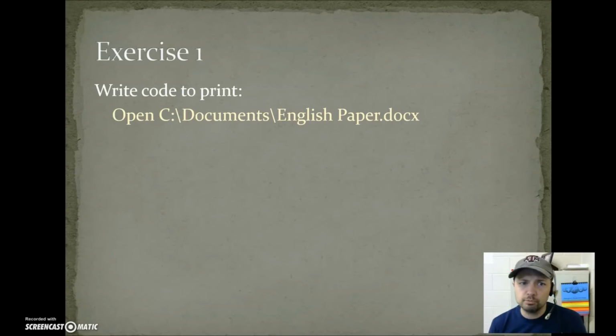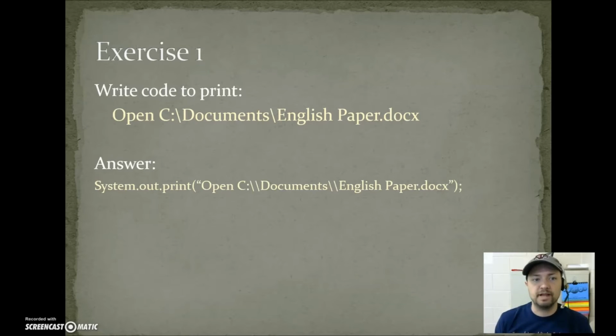Exercise 1. We're going to write code to print open c:\\documents\englishpaper.docx. The code for that would be system.out.print, open quote, meaning I want to have text, open c:\\, it takes 2 backslashes to get a backslash, documents\\,